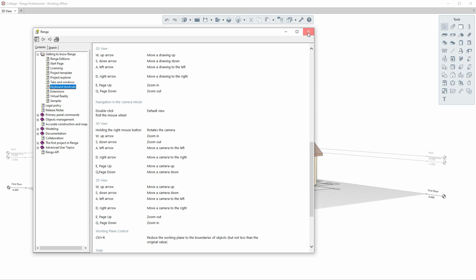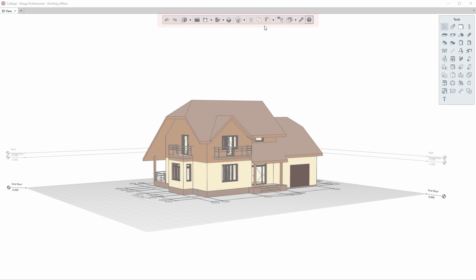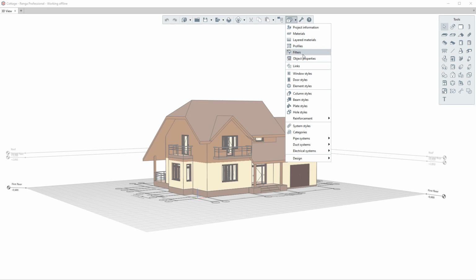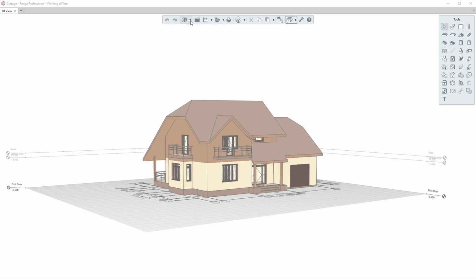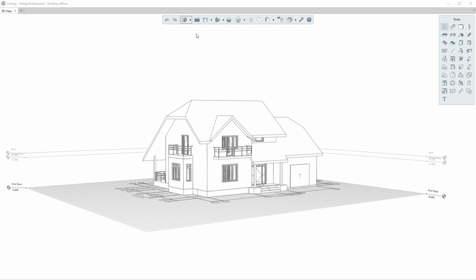There is the primary panel at the top of the Active tab. Its commands like cancel, open and save allow you to manage actions. In the section Manage Styles, all Render objects for architectural, structural and internal engineering systems design are created. Visual style of the model can be represented in the wireframe, monochrome, color and textured ways. Let's choose monochrome initially. The Help and Settings sections are also available via the primary panel.